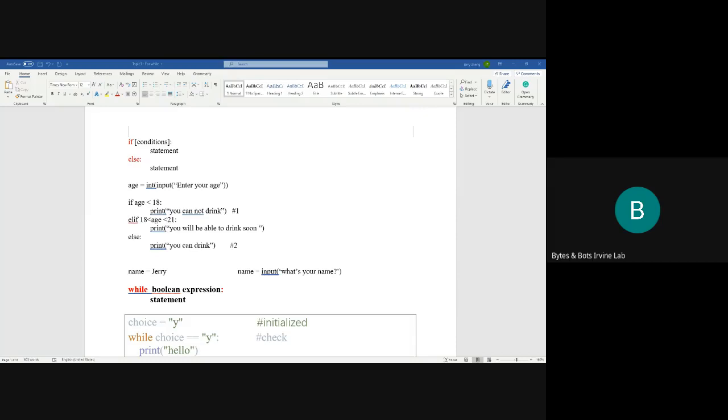So if your score is greater than 90, then you print A. So if score greater than 90,